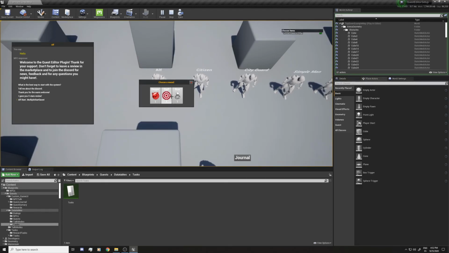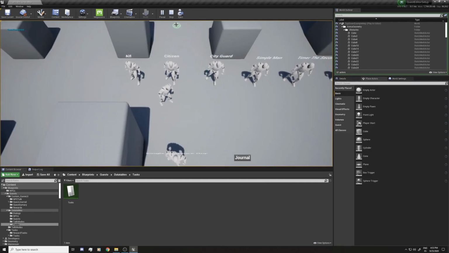This will happen if you can't give the item, but in this case, in the task, we always return true, so that will not happen. And if I select one of these, it's gonna print the name of the item. So I'm gonna select staff, and you can see the player chose staff, and we completed the quest.